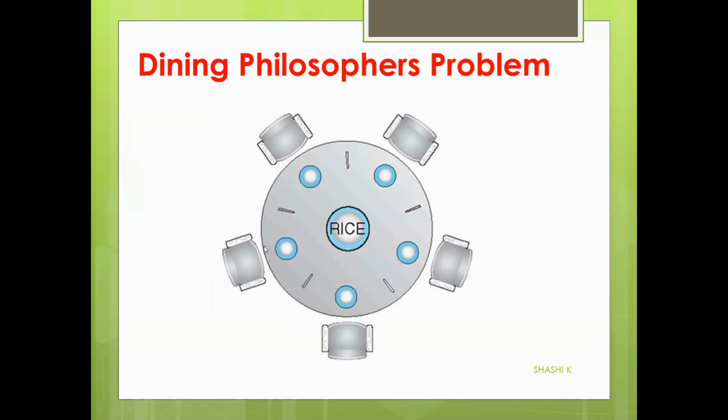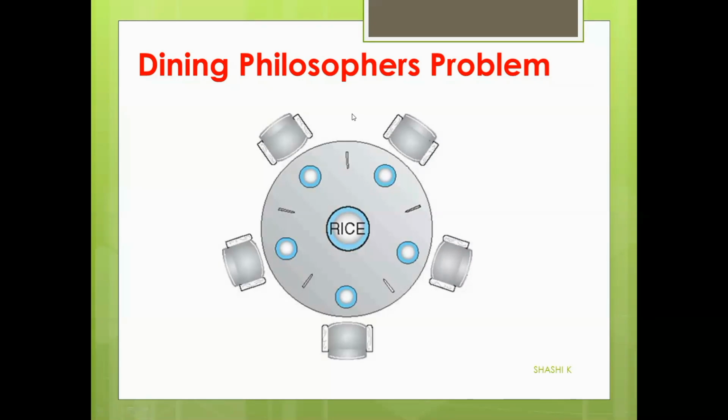So this dining philosophers problem is the third classic problem of synchronization. What is this problem? We have a circular table in which we have 5 philosophers who will all be sitting in this fashion. In the middle of the table there is a bowl of rice, and in between each philosopher, a chopstick is kept. There is no interaction between these 5 philosophers, and these philosophers spend their lives thinking and eating.